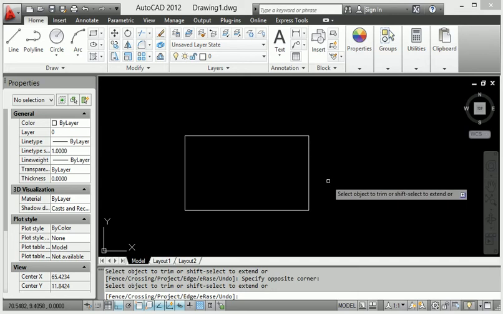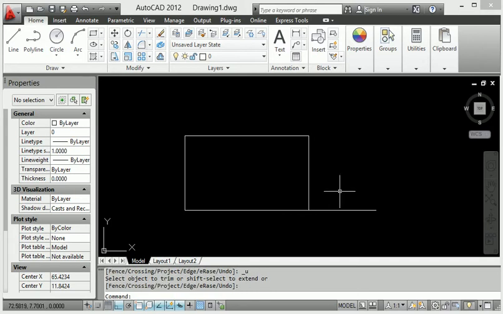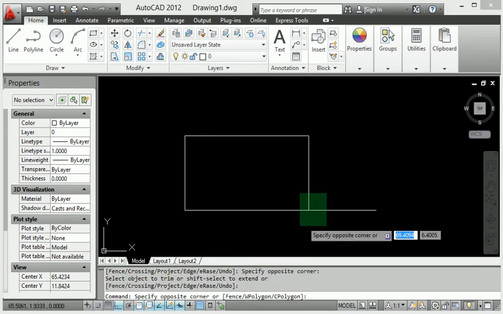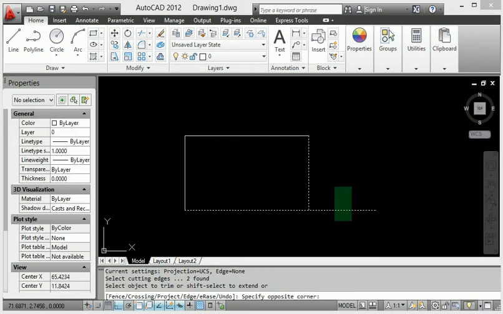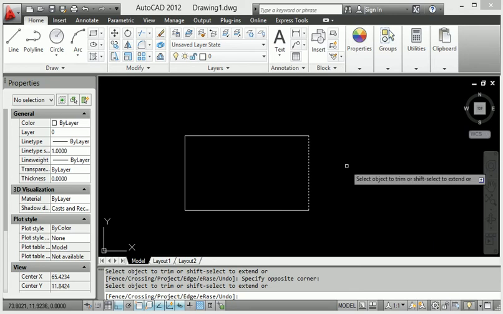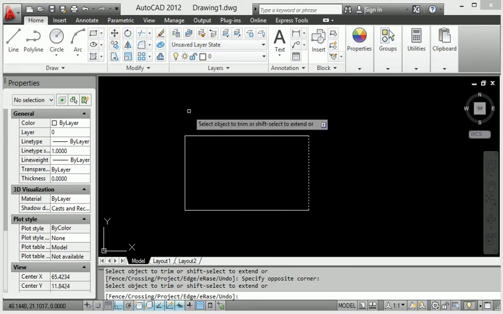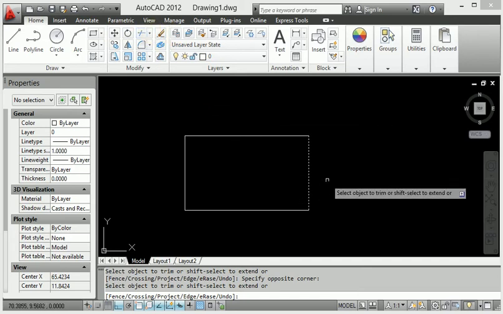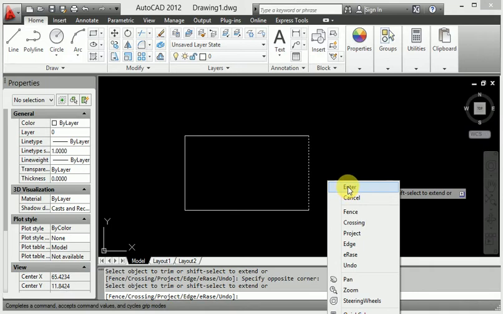When you trim again, you just press Enter to apply the trim. You don't need to click TR again, only Enter, and that applies the repeated command.